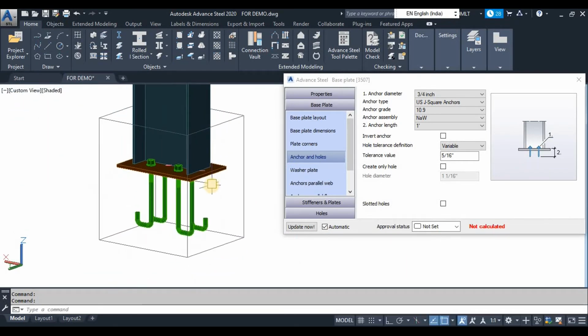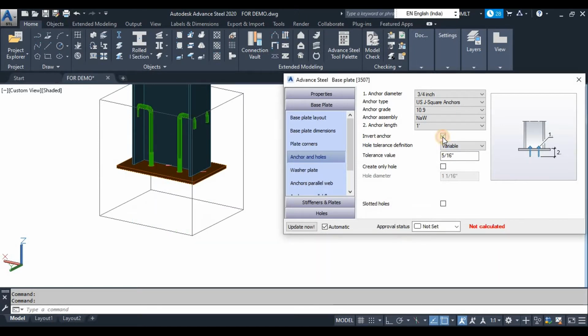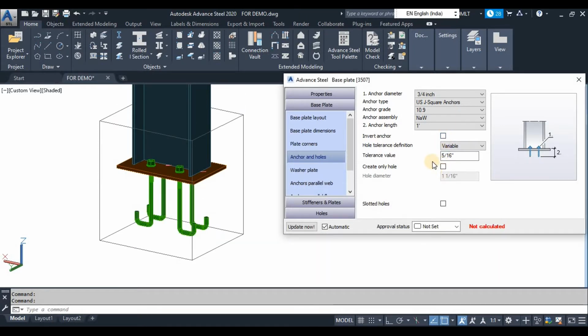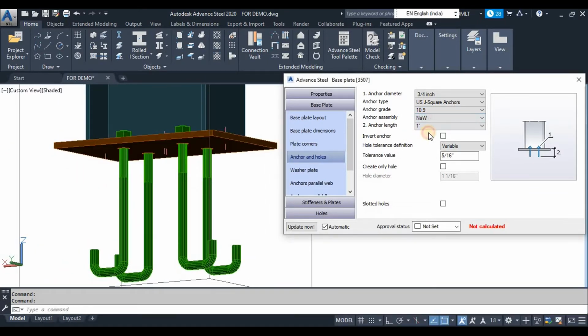If you would like an inverted J, just click on this inverted J, and this will give you the inverted. With washer, if you select here, you will get it with washer and threaded holes on both sides. See how it is making a difference here.